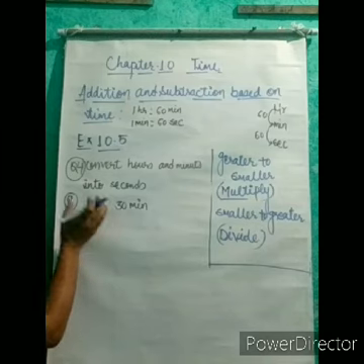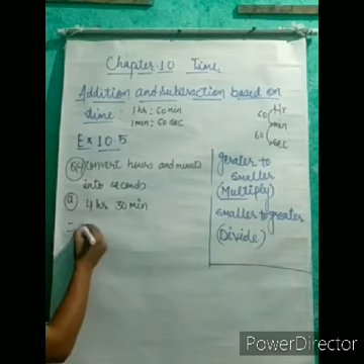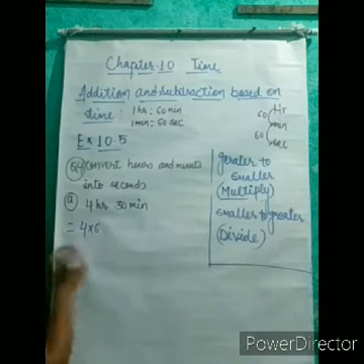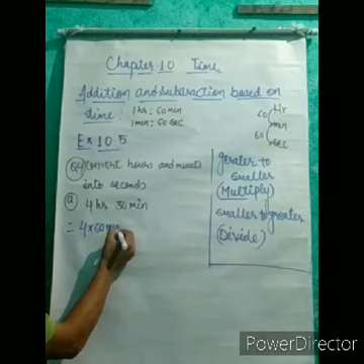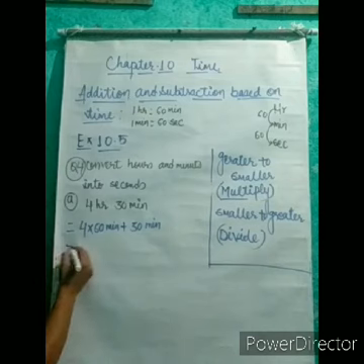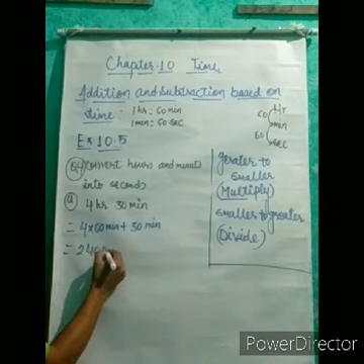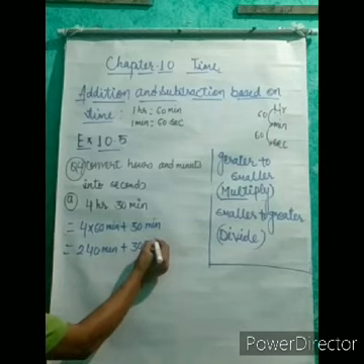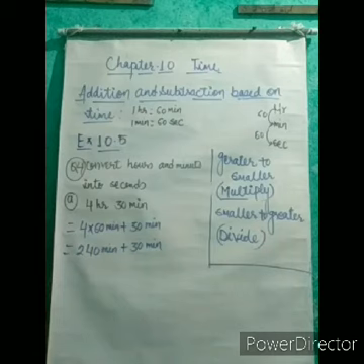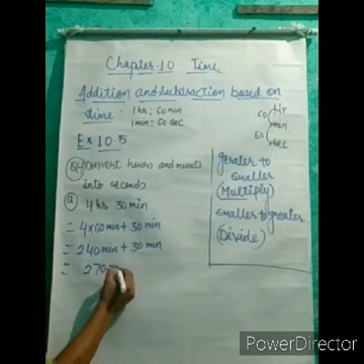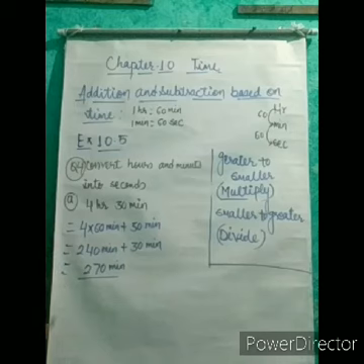First of all, what we can do, this hour you can convert into minutes. So you know that hours to minutes, greater to smaller, means 4 into 60 minutes plus 30 minutes. So here you will get 240 minutes plus 30 minutes. What we did, this hour we converted into minutes by multiplying this 4 by 60. Now you will see, add it, you will get 270 minutes.